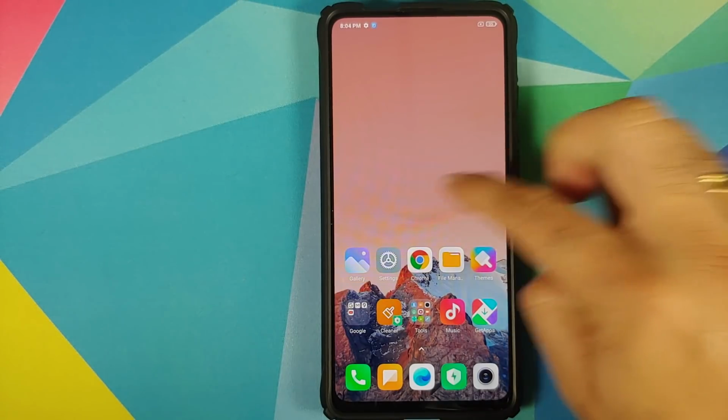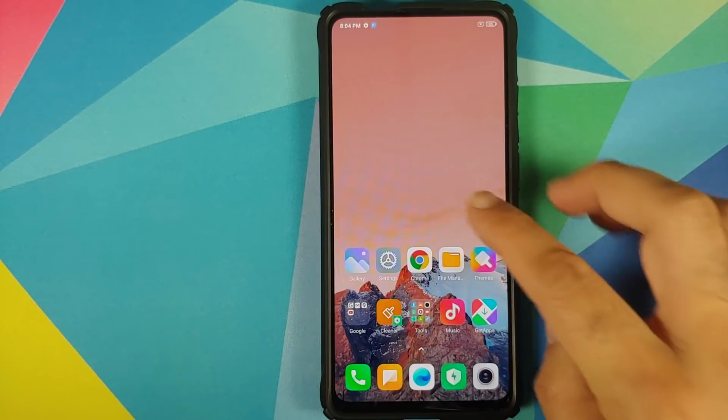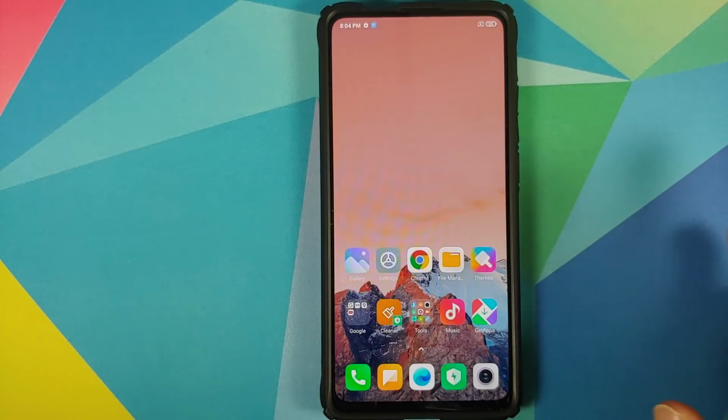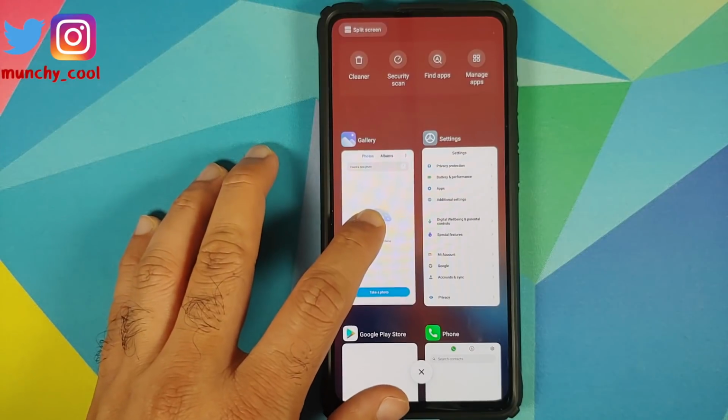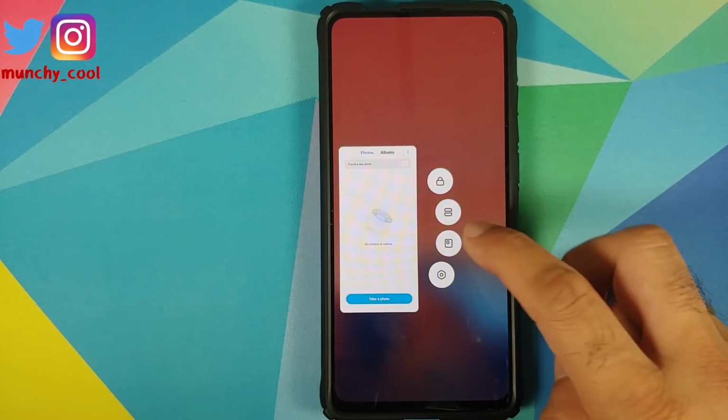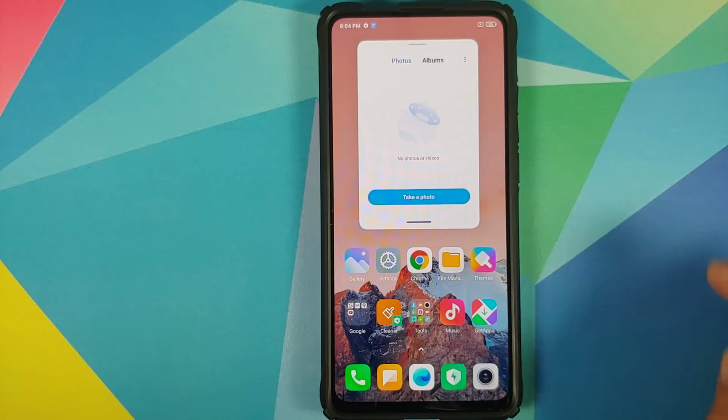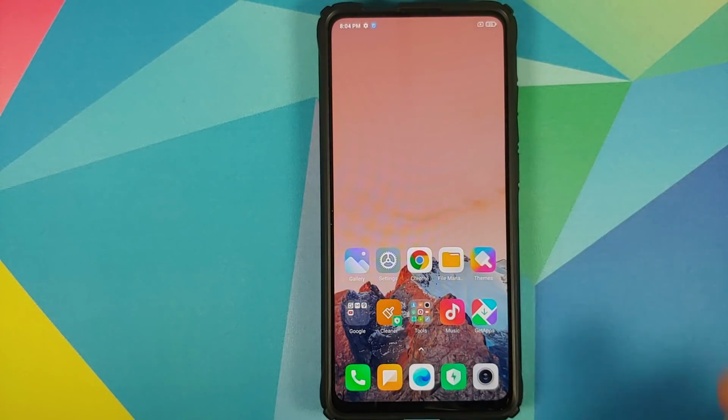Let us start with the application vault. You have the old app vault. This is not the new one, the old one. If you open the recents, there it is. You do not have the option for floating windows. You still have the option of split screen, and I guess this is because they're still using Poco Launcher, which does nothing. In fact, the animations are also broken, and as I mentioned earlier, if you open an application in floating window, it does appear with rounded edges.